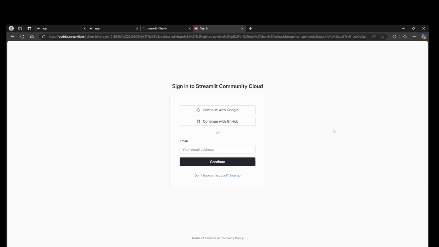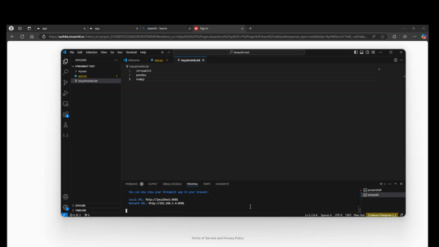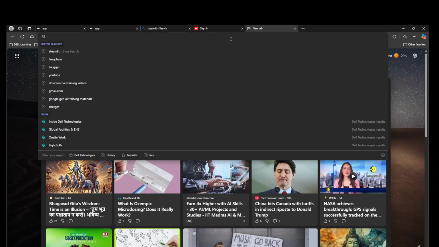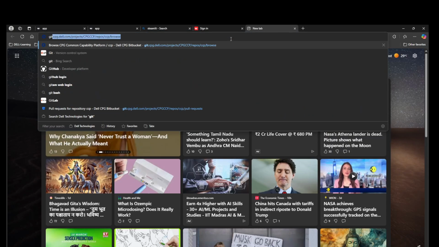So what I'm going to do, as I should be having my code in GitHub, or I can log in through our Google account, or if I have created any account, email ID and password, with that I should be able to. But here I have this application in my local, but I haven't pushed into GitHub. So what we can do, we can push this code into GitHub. Let me log into GitHub,